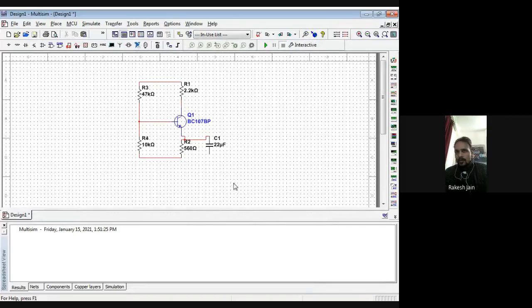Okay, now this can easily be shown. 22 microfarad, and this is the emitter capacitor actually. Okay, so see this 560 ohm resistor and capacitor.